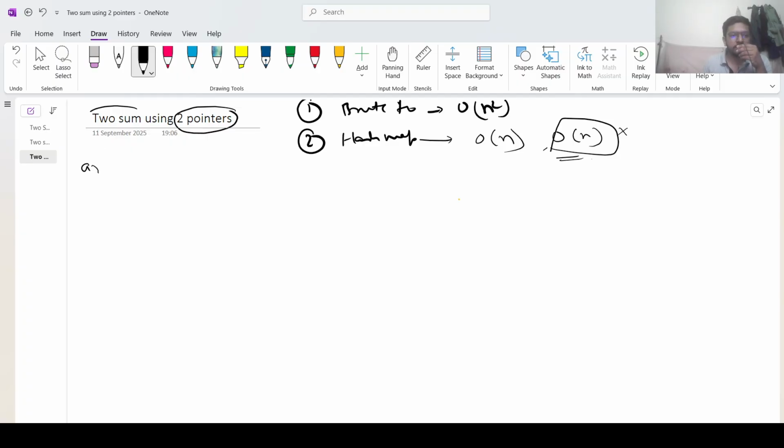So suppose there is an array. What was the previous array? 2 6 5 8 11. So this was our array and the target was 14. So in the two pointer approach there are a few steps of doing this. So step number one,